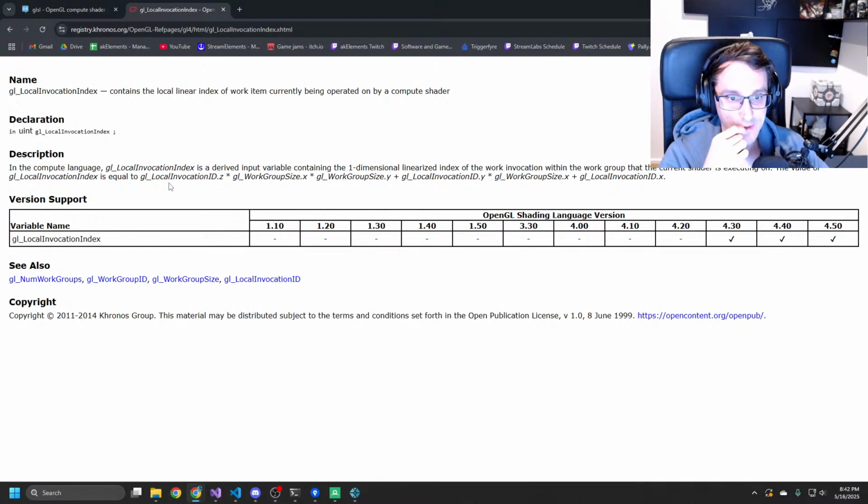Is a derived input, work group subgroups, work group size times work group size y, which is 16 and 9, right?